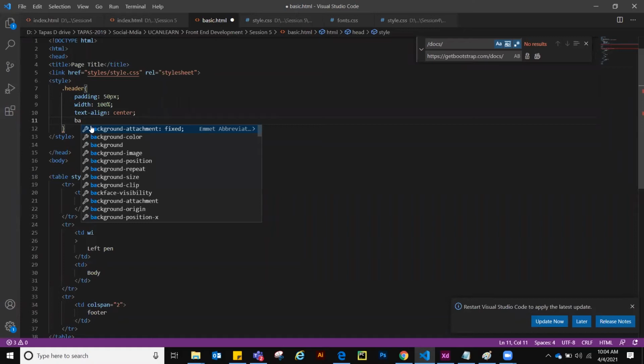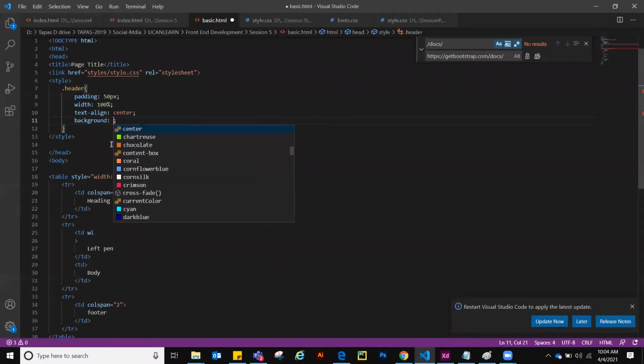So background. Now again, you can call background-image directly, meaning only one property at a time, or you can use the shorthand to call everything in one place, because this is not only about the image. You have to call the image, then the image position matters, then repeat matters. Do you want to repeat that image? Then background size matters. A lot of things matter, right?